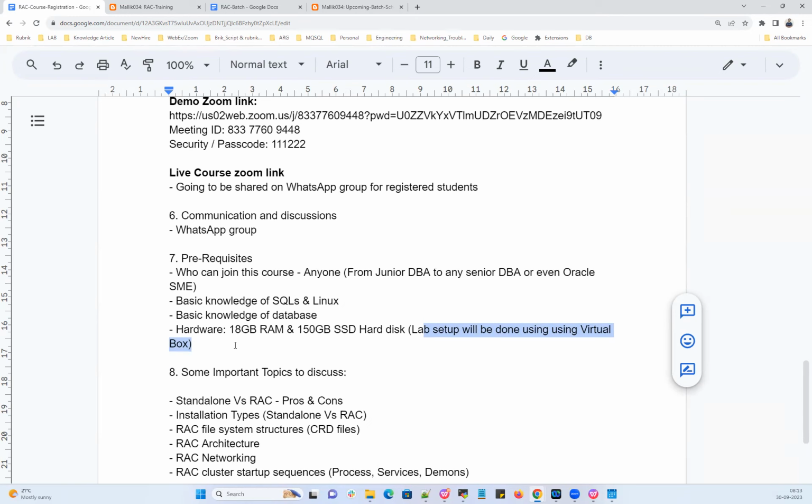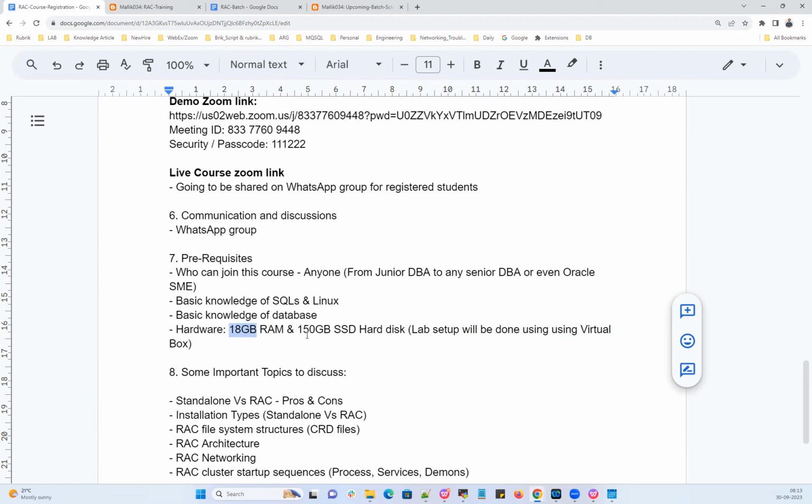You have to bear with that. If you have 18 GB RAM, then your laptop will work without any issue. But if you have only 16 GB RAM, you'll have some slowness in your laptop, so you have to compromise with that slowness and practice anyway. 16 GB is the minimum, but with 18 GB plus, you can go with 24 or 36 GB. It will feel like you're working in a real-time client environment, but with 16 GB,